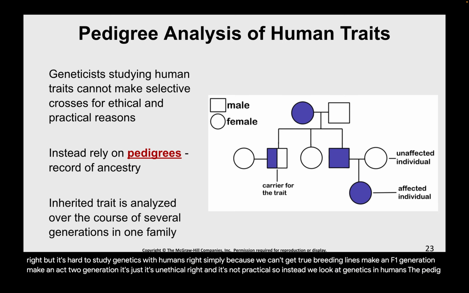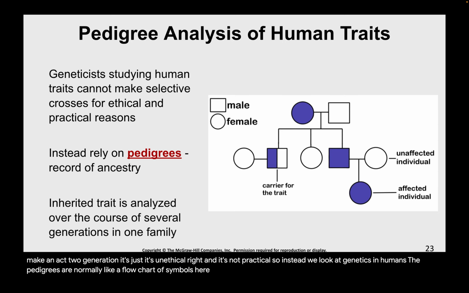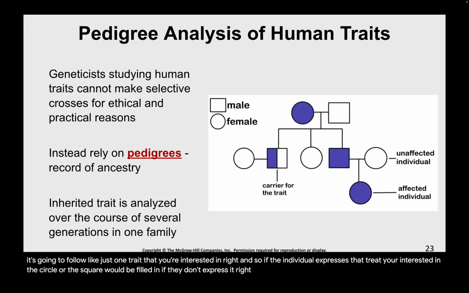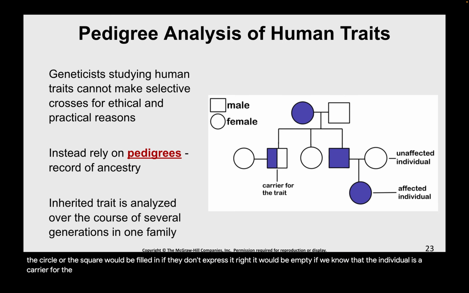So pedigrees are normally like a flowchart of symbols here. Circle indicates the female, square indicates the male, right? Normally it's going to follow just one trait that you're interested in, right? And so if the individual expresses that trait, the circle or the square would be filled in. If they don't express it, it would be empty. If we know that the individual is a carrier for the trait, meaning they're not expressing it, but we know they carry the genetic information for that trait, then it would be